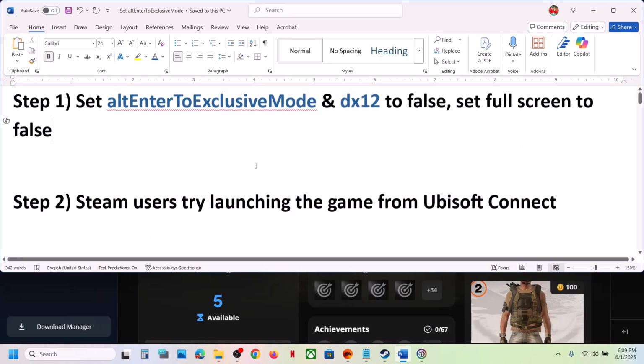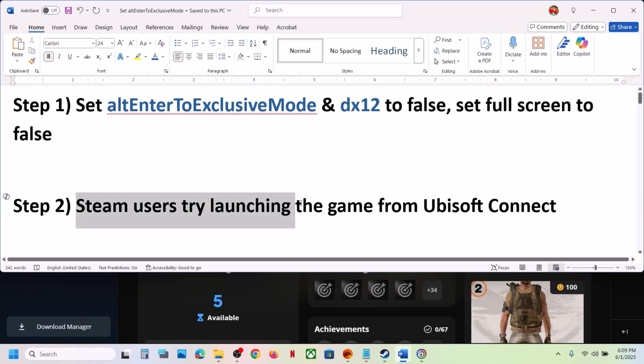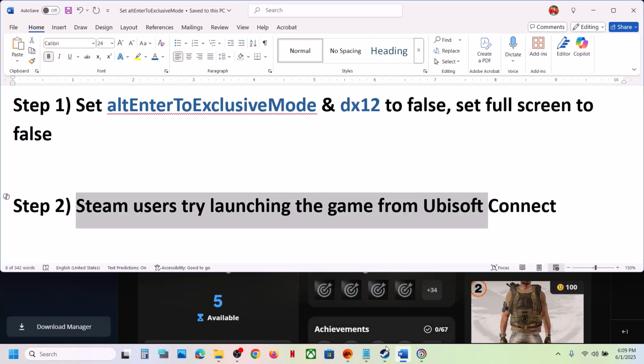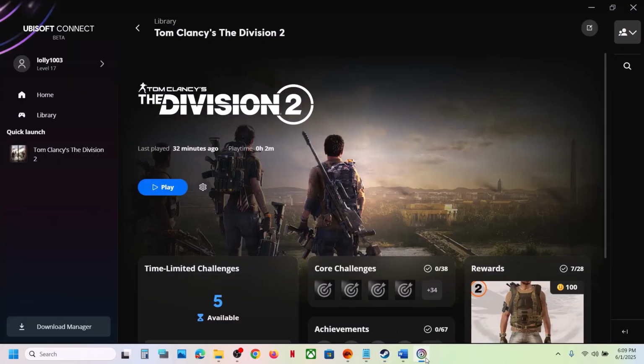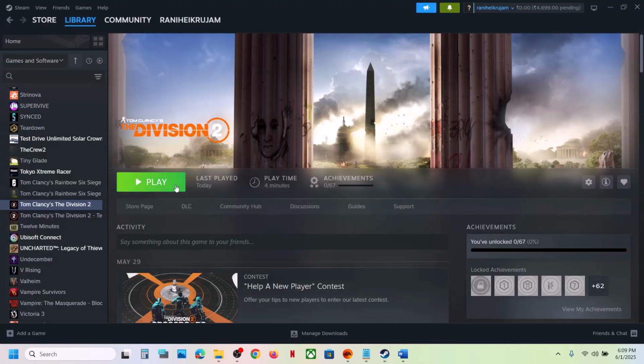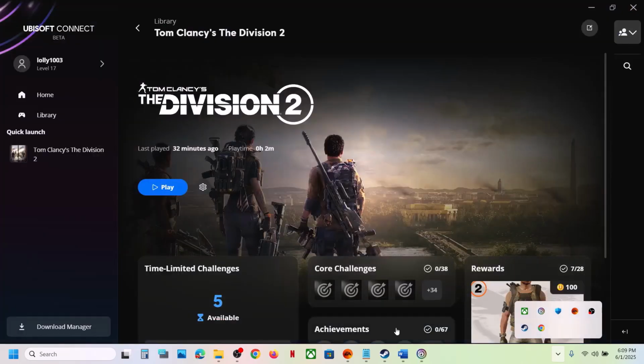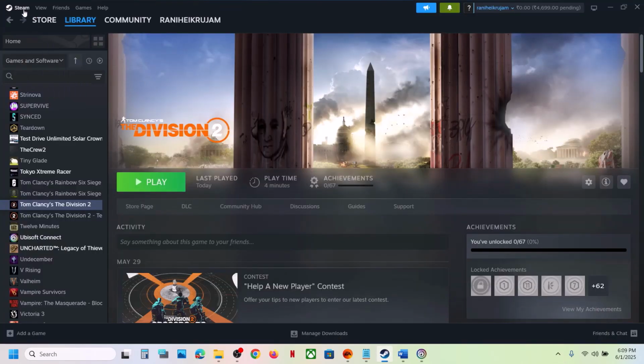Now the next step is for Steam users, try launching the game from Ubisoft Connect. Whenever you launch the game from Steam, it opens Ubisoft Connect. Sometimes Ubisoft Connect is hidden, so first of all, you can click over here and you might see Ubisoft Connect over here. So open Ubisoft Connect and then you can close Steam